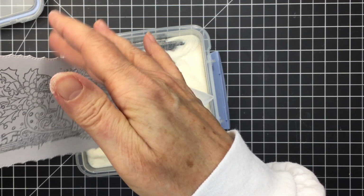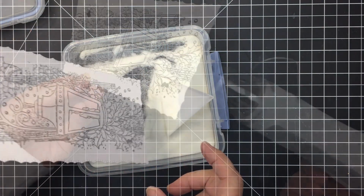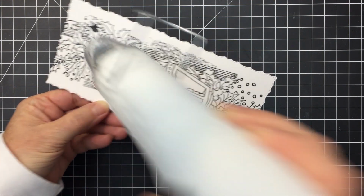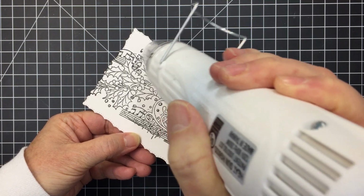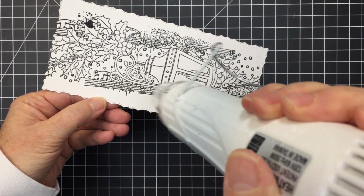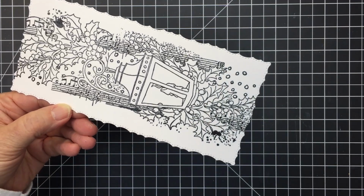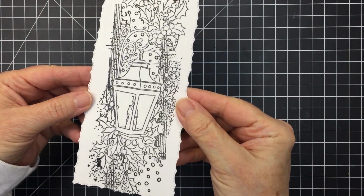when I'm doing the coloring process. So once I have that inked up image covered with my clear embossing powder, I'm just going to take my heat tool and melt the embossing powder. And I don't know if you'll be able to see it on camera, I do attempt to show you here, but the lines of the stamped image become really nice and raised and shiny and really nice and clear, so that the image is ready for some